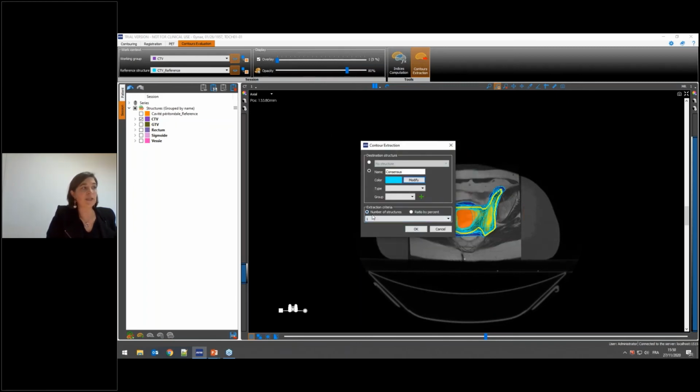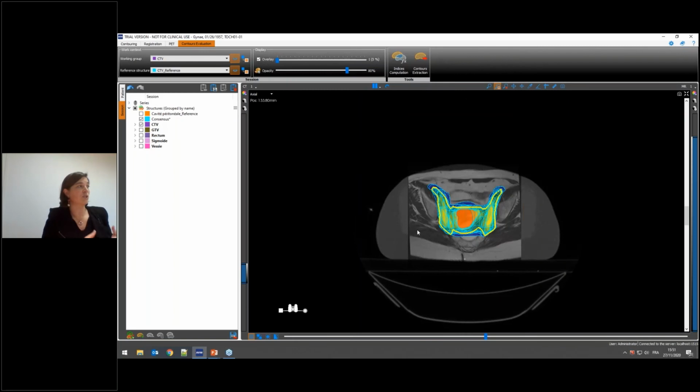We will define the extraction criteria. In this case, for example, we have 21 structures, and so we will think that maybe 15 contour agreements would be great. So we just select the 15 here and click on OK. The system will generate automatically a consensus contour corresponding to the intersection of 15